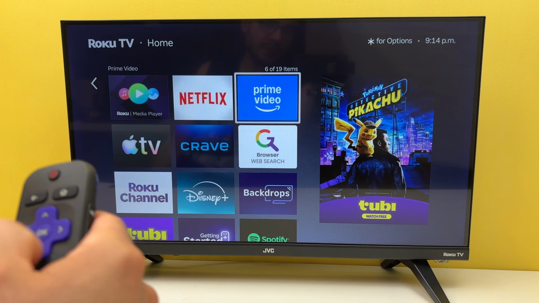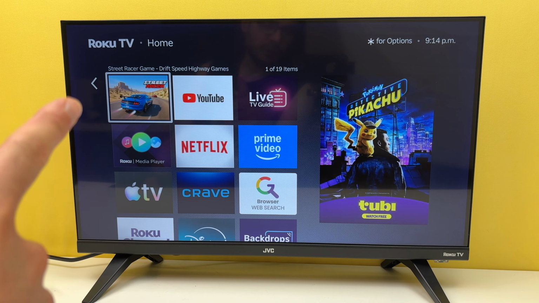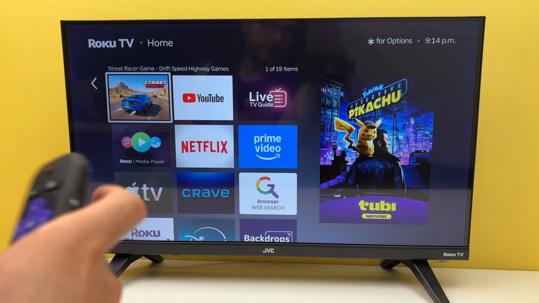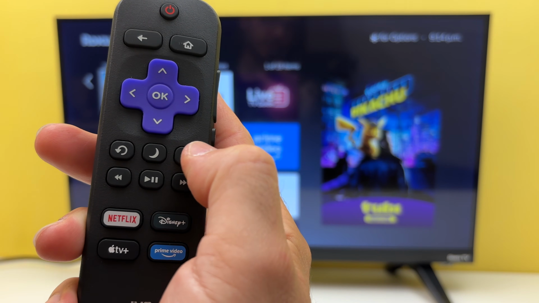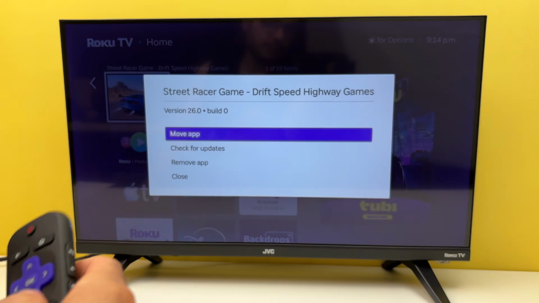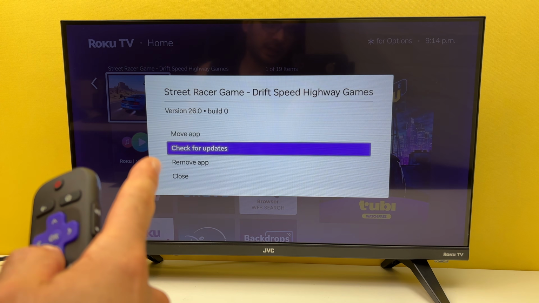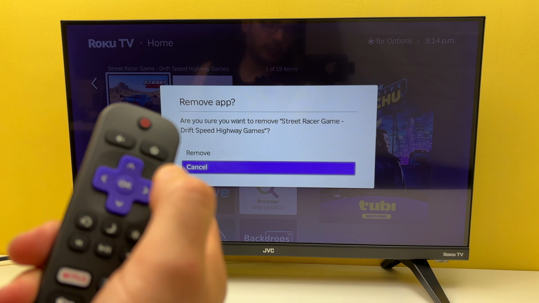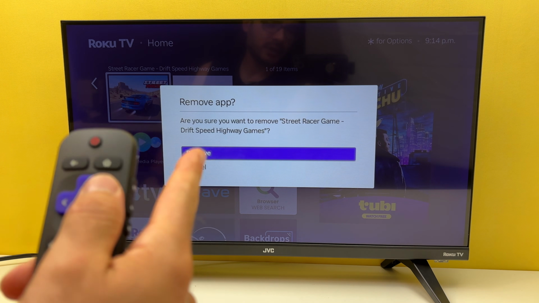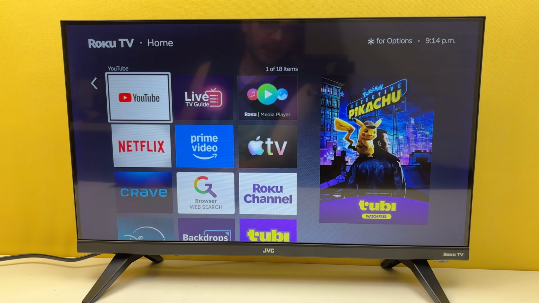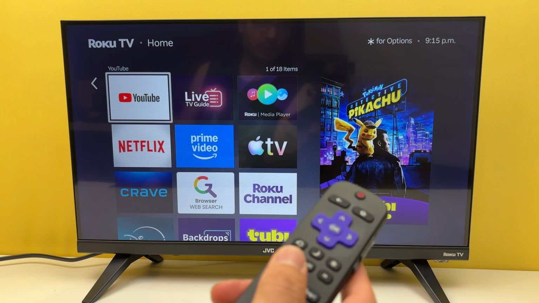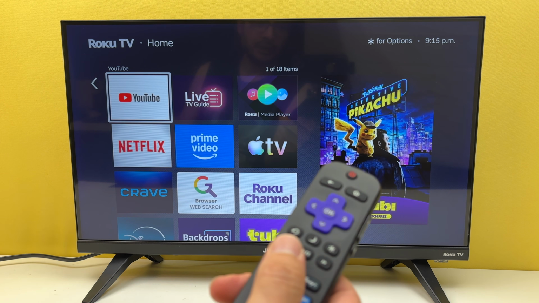If you want to delete an app, let's say I want to delete the app I just downloaded, I'll highlight it. I will press the star button. Then I will select Remove App, and I'll finish by pressing OK, select Remove, and press OK again, and the app is deleted. This is how you install and also how you delete apps on your